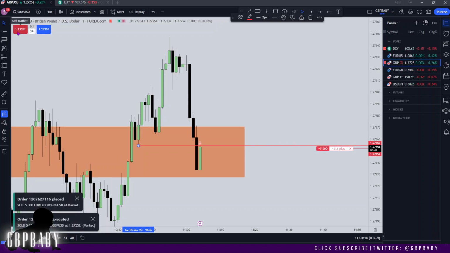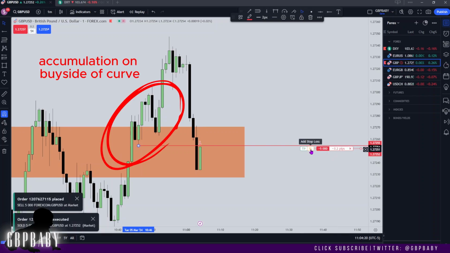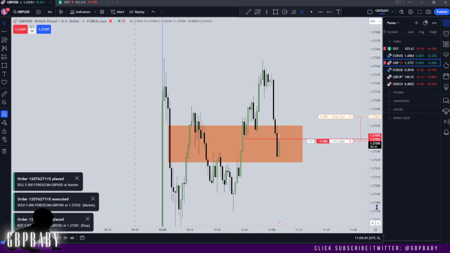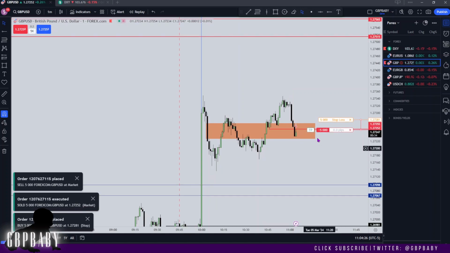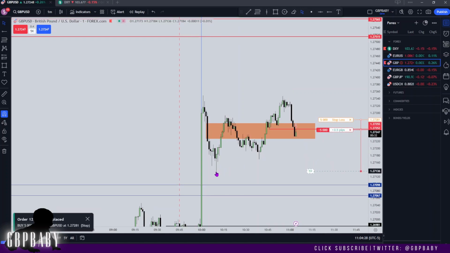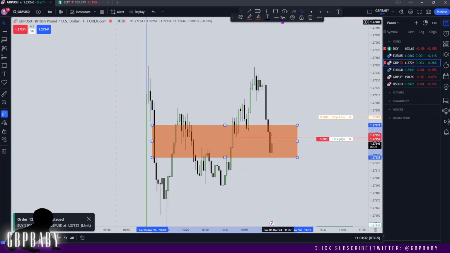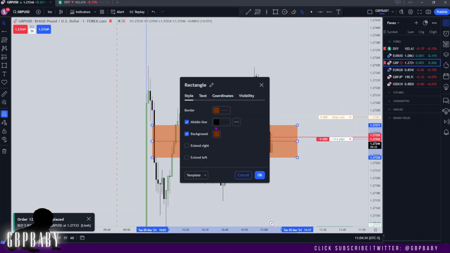We're returning back to a point of accumulation, so this is the lowest point of accumulation, so I anticipate price to return back to it for me to then short from, which is what you see. I also put my take profit just below that low right there. So yeah, the reason I wanted to show this was just to show how we don't always have to enter